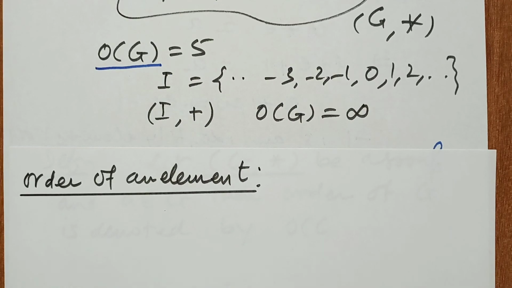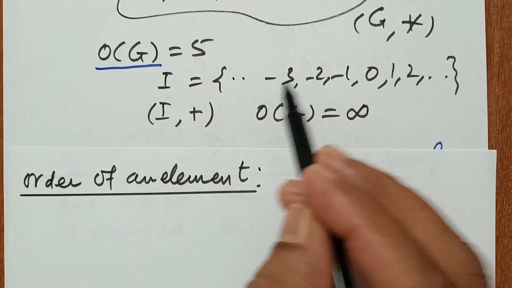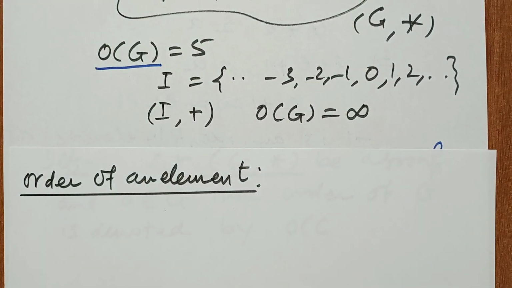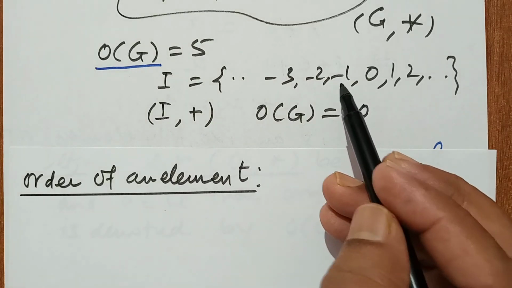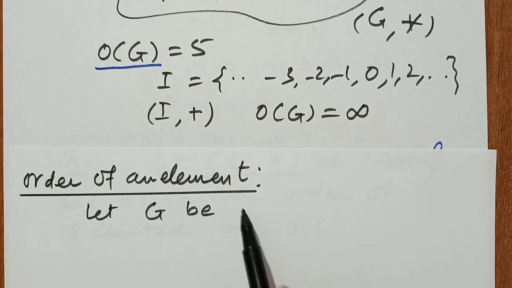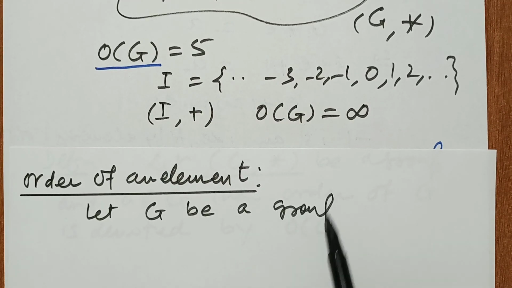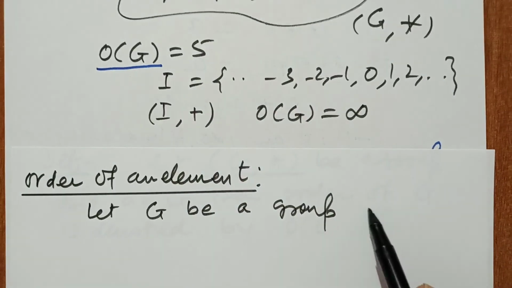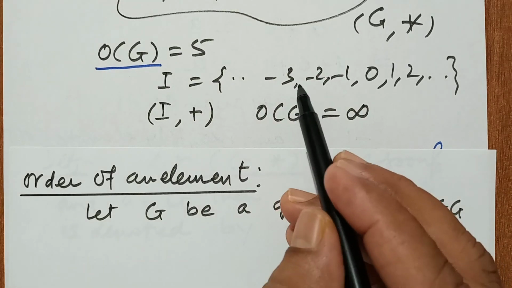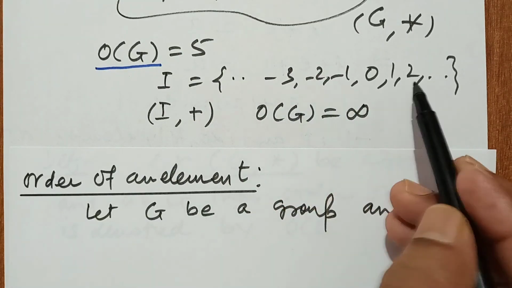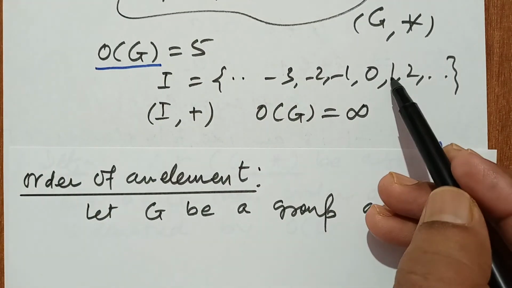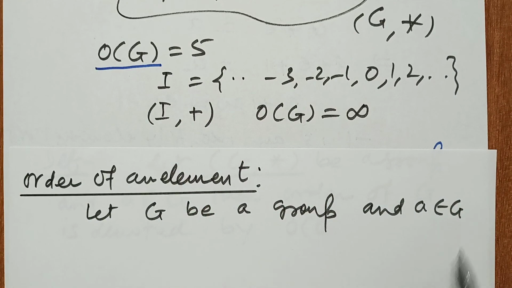What is the order of an element? I am going to define the order of an element of a group. So let G be a group, which means this is a group, and A belongs to G, which means this is an element. This is A, an element. So let G be a group, and A belongs to G. Then